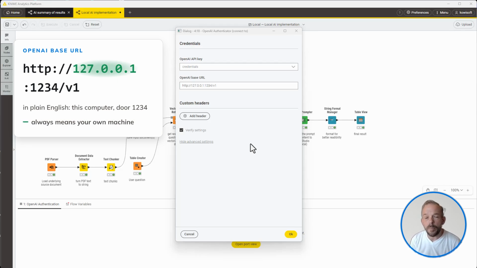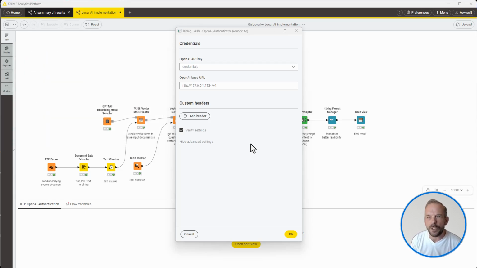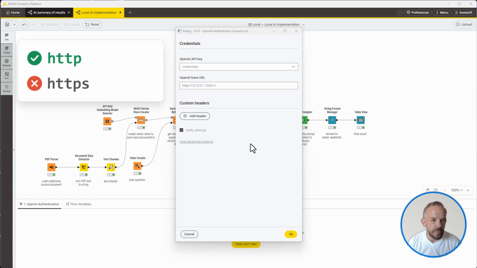127.0.0.1 always means your own machine. 1234 is the door LM Studio is listening at. And V1 just says which version of the language we're speaking. And look closely, it's